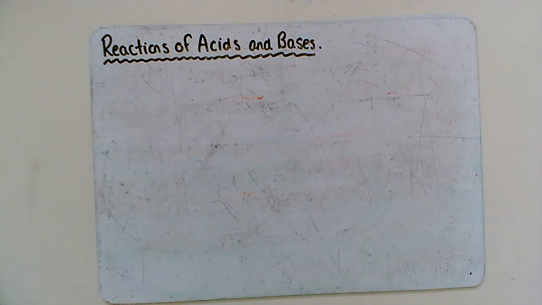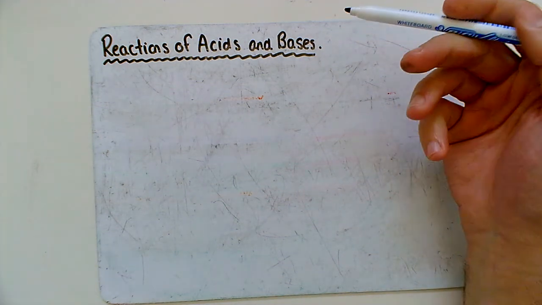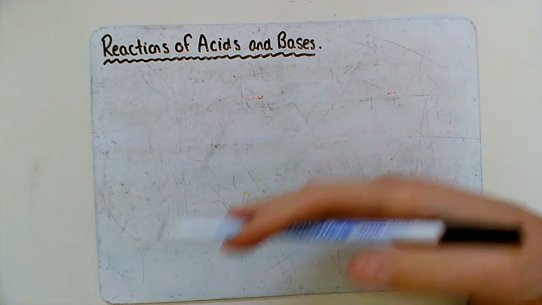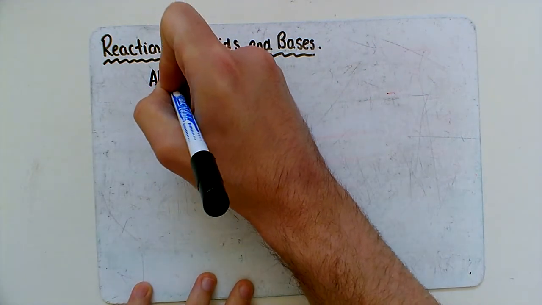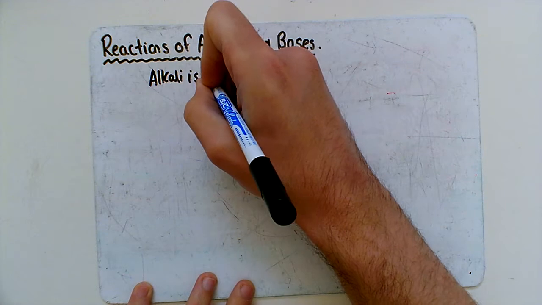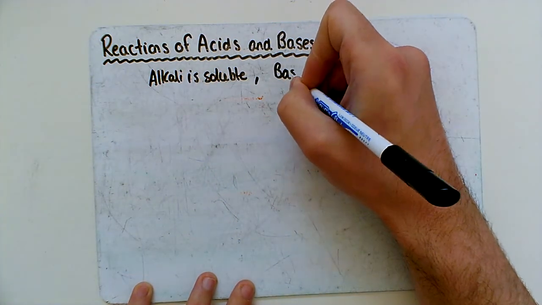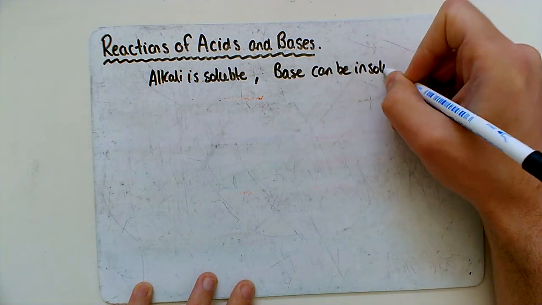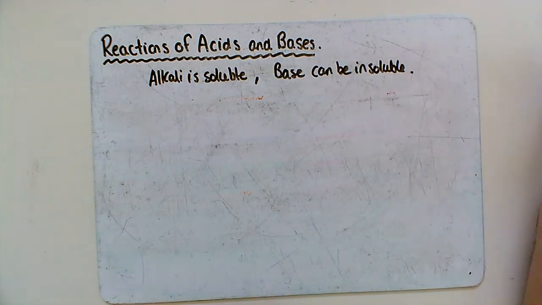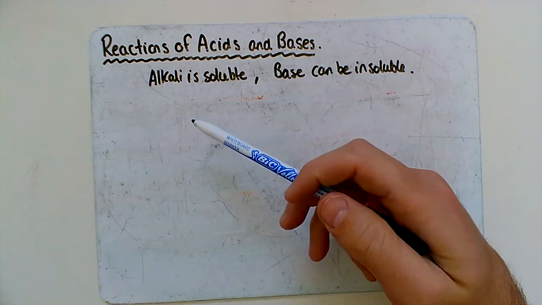So today what we're going to be looking at are the reactions of acids and bases. Now this word bases might seem new to you because in the previous two videos I've used the word alkali. Bases and alkali are the same type of chemical, and the only difference is that an alkali is soluble, and it must be soluble, whereas a base can be insoluble. So any base that dissolves is called an alkali. So some bases are alkalis,